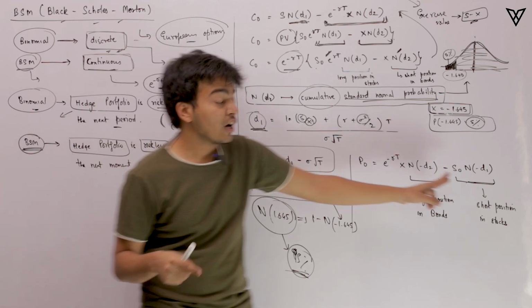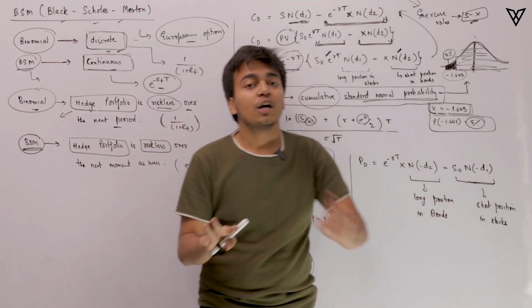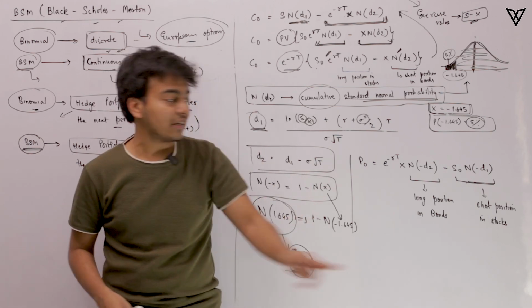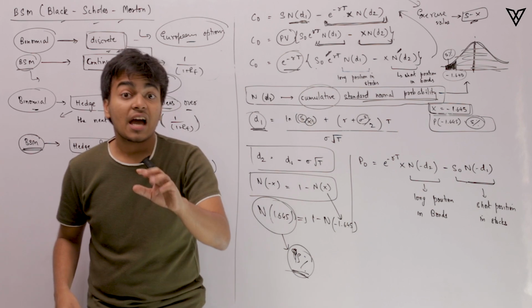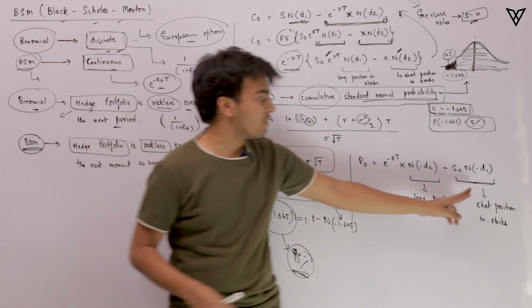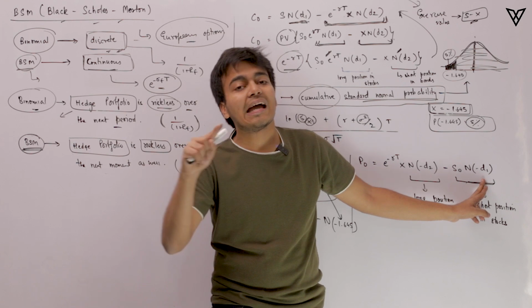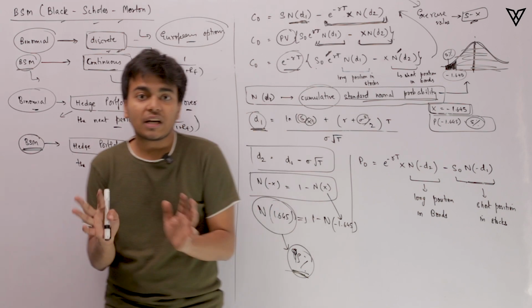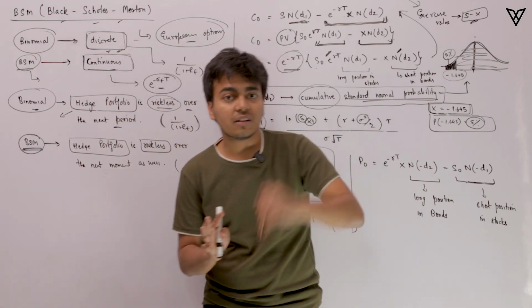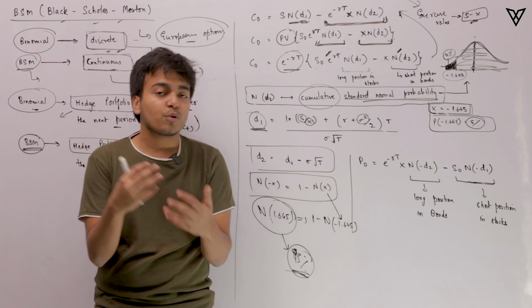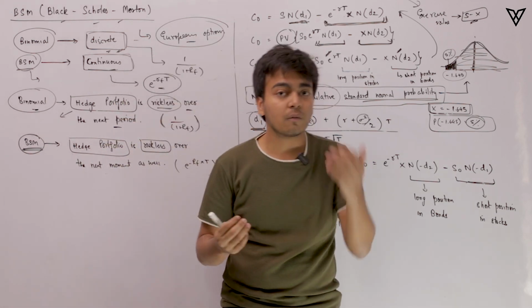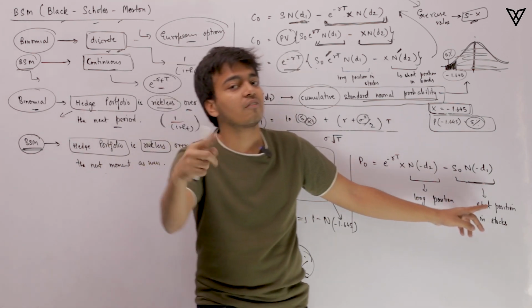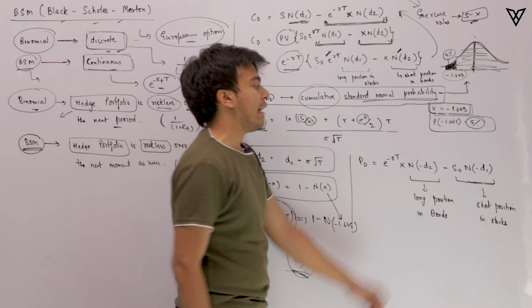The put option makes money when stocks go down. So you need to have a short position in the stocks to make sure that you have a certain exposure which will ensure that if things go down, you'll make money, and that is why you're taking that short position in stocks. Now, how much short position do you need to take? It is given to us by N of minus d1, and that is what this function is doing here.